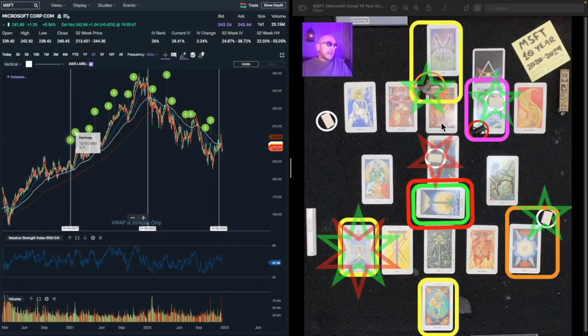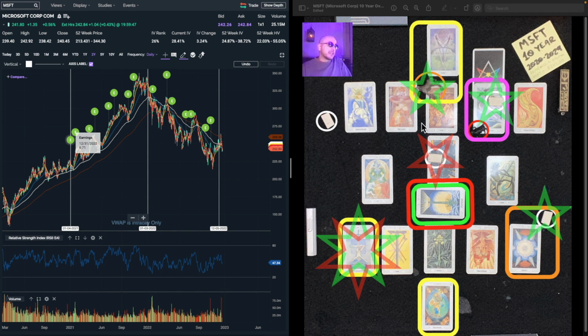Okay, guys, so looking at the pattern recognition portion here, it looks like we're coming out of this Lover's card. And you got to give these cards a little leeway, guys, like a year here or there, because one card to represent a whole year every single year for 10 years is just not reasonable, you know? With that said, we had a peak at the beginning of 2022, and you can see here's this peak at the beginning of 2022. It's the peak that forms from this Lover's card.